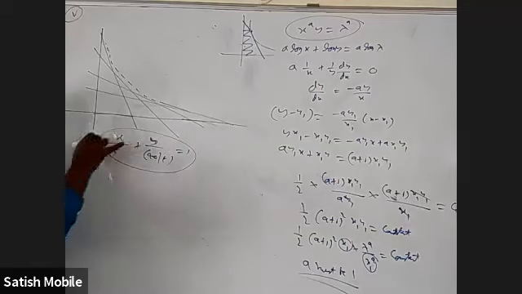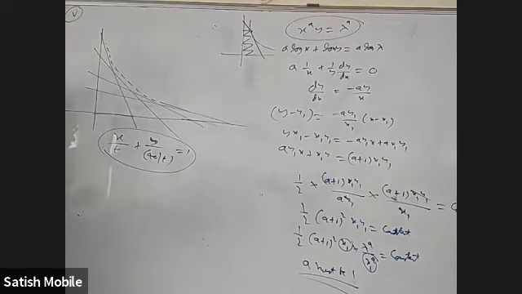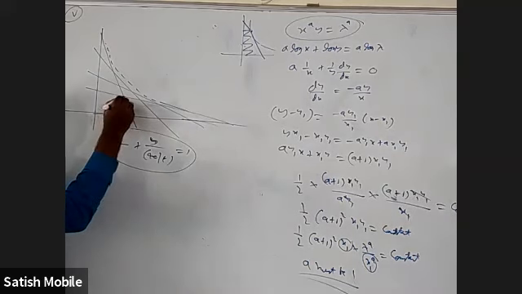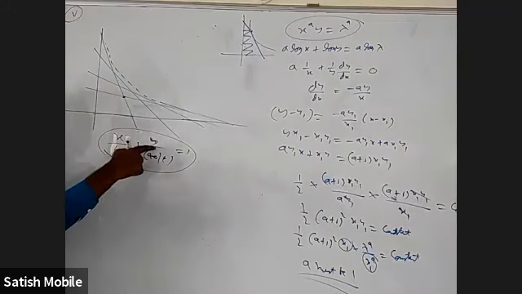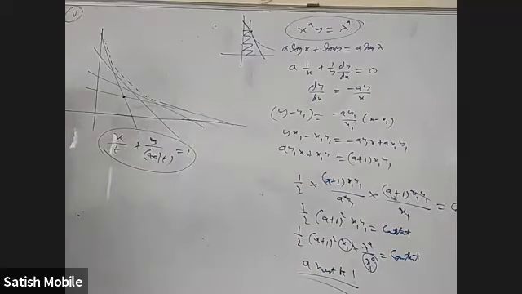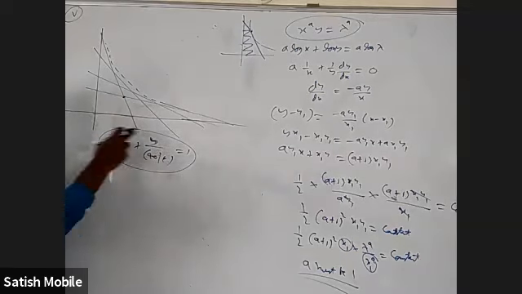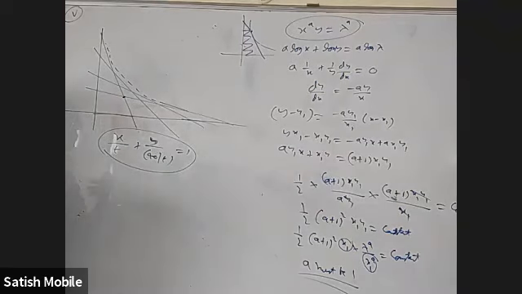But this line is always touching one curve, whatever t you take. What is that curve? I want to know. What I will do is, if I take a point here, x1, y1, and substitute it here and solve this, how many values of t will I get? Put x1 here, y1 here, and solve for t. We'll get two values because a quadratic equation is going to come. And you can also see in the figure there are two lines in the family.